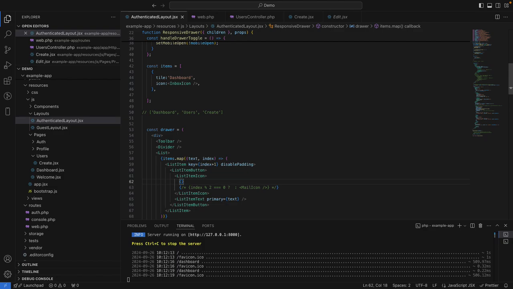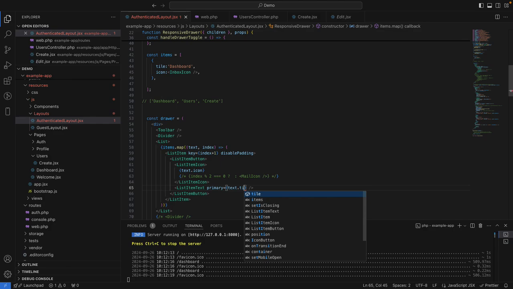So now we have the text that is coming from here, so the title, and then the icon, so let's say text dot icon, and here let's say text dot title,